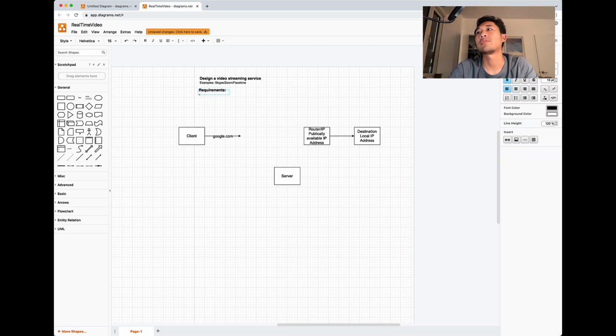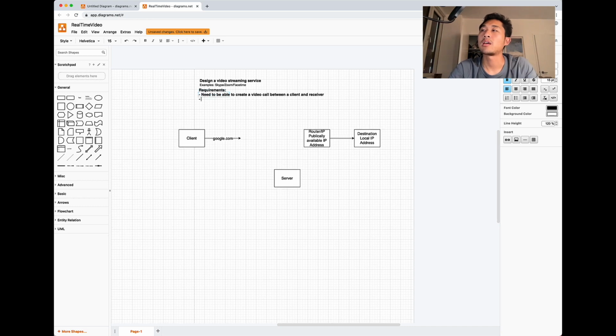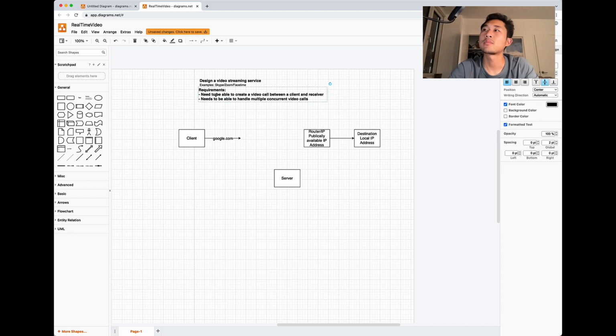So let's go ahead and define the requirements. We need to be able to create a video call between a client and a destination, let's call it the receiver, and it needs to be able to handle multiple concurrent video calls.